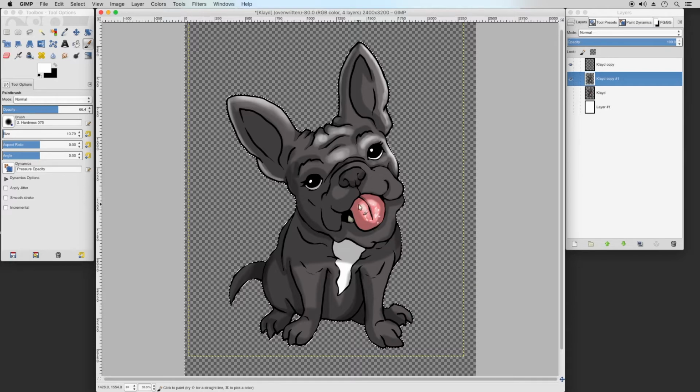Not too many, just enough to make it look like a wet surface. And then I can reduce the opacity for the edges. Maybe do something like that. Now this is all out of my head, so I'm just trying to visualize what reflective light on a tongue would look like. And the little sparkles and